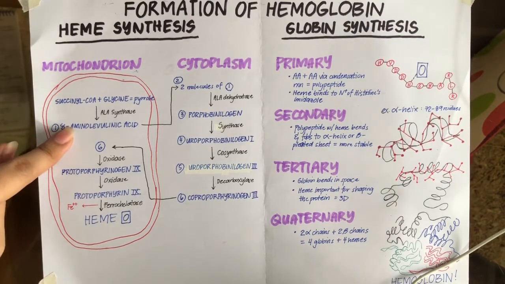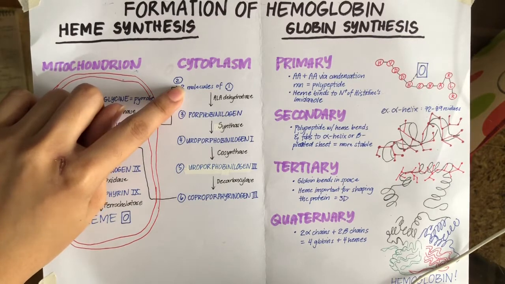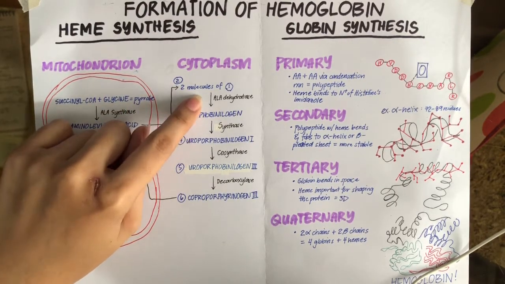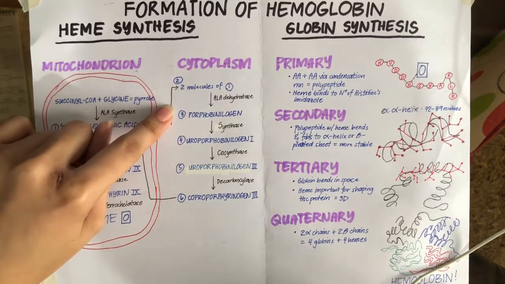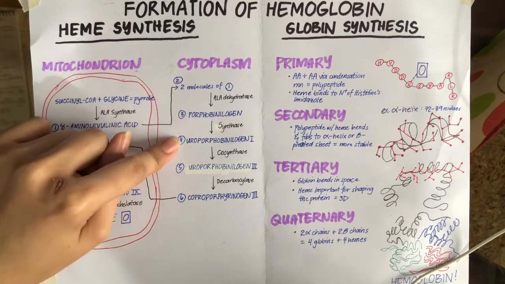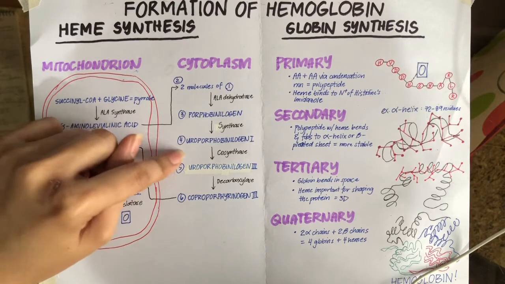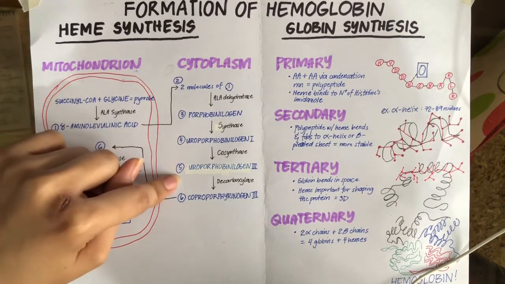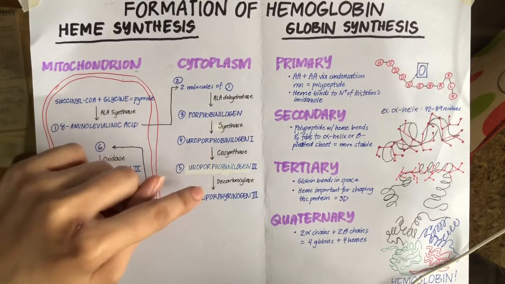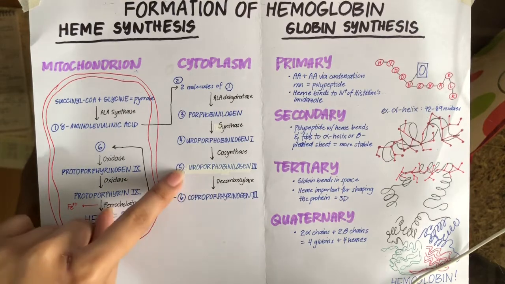This first byproduct will go to the cytoplasm and two molecules of this will be converted to porphobilinogen via the enzyme ALA dehydratase. Next, this molecule will be converted to uroporphyrinogen 1 by the enzyme synthase. Afterwards, this molecule will be converted to uroporphyrinogen 3 by the enzyme cosynthase, and an enzyme called decarboxylase will convert this molecule to